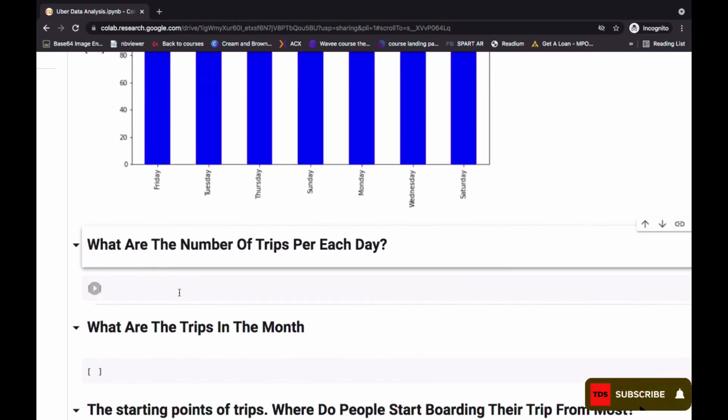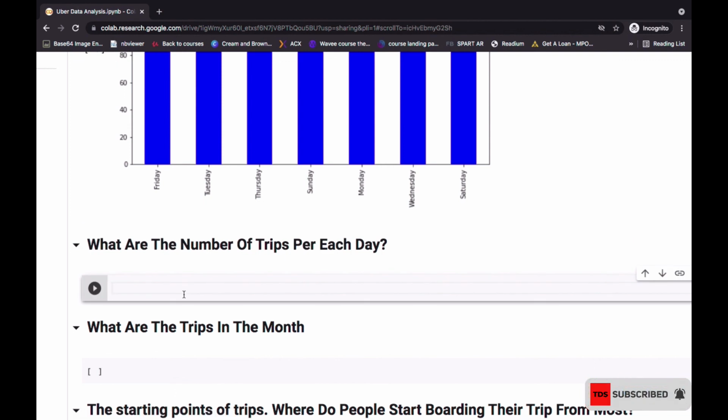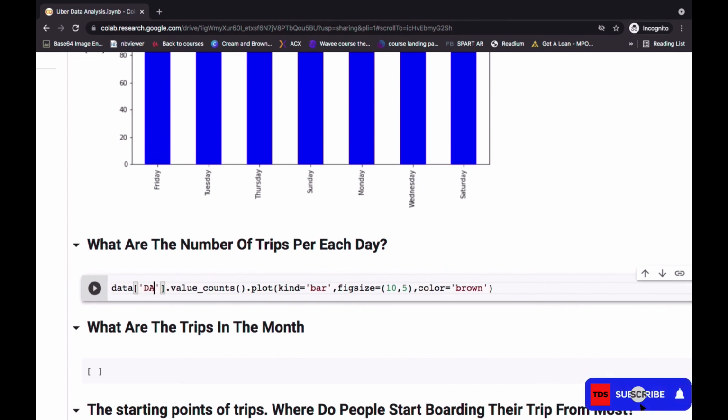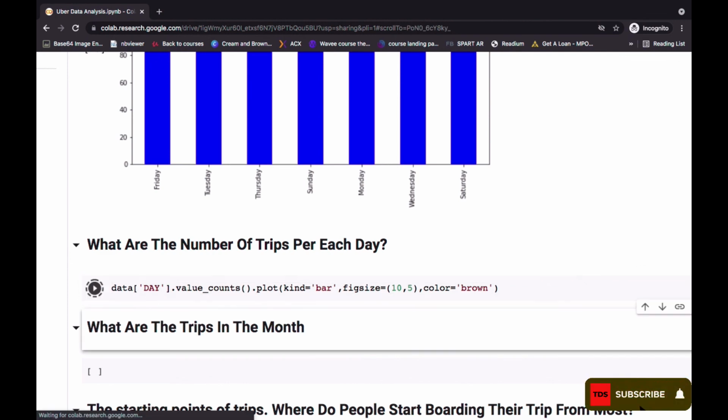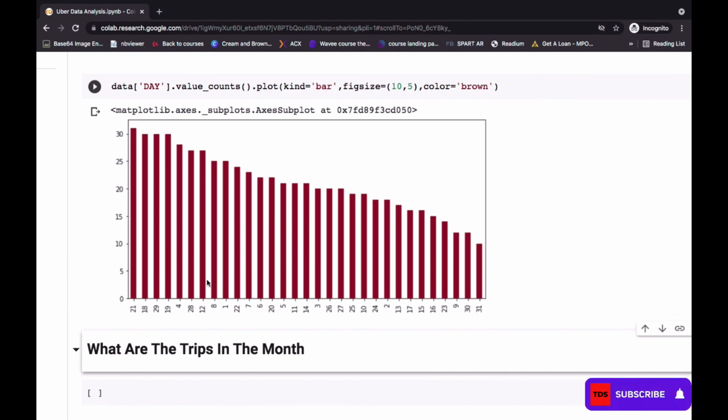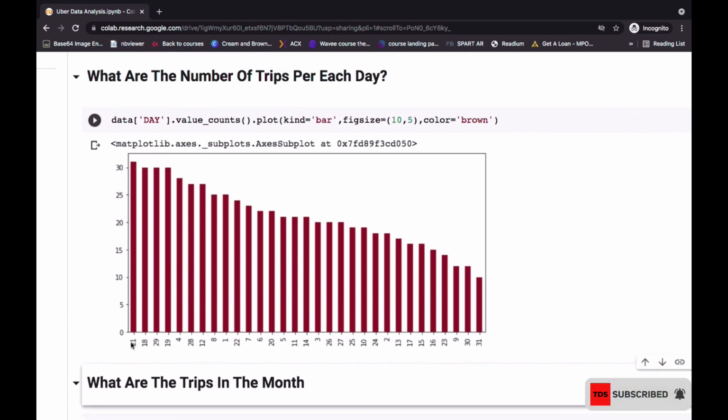Now the next one that we're going to do is what are the number of trips per each day, right? So on each day, what are the number of trips that people embark on? All right, so for that, let me bring the same code that we're using over here, and instead of purpose over here, I'm going to use day, and that's it. Let me run it and see. Great. So these are the days in the month, right? All the way from 1st to 31. So on the 21st day is when people book a lot,